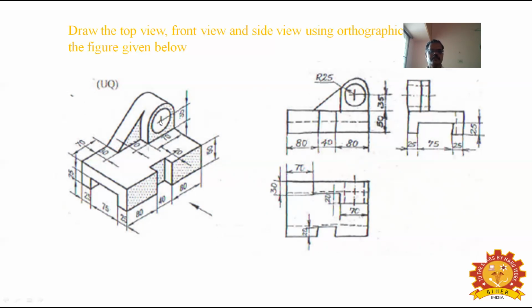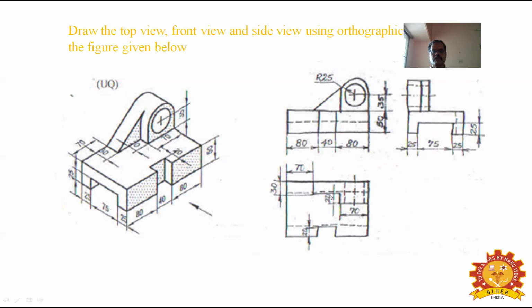Okay, but the inner circle is invisible. Therefore, you have to draw hidden lines in the top view. On the bottom side, the undercut is invisible when we look from the top. Therefore, from one side, we have to mark 25 and 25 on both sides. So the remaining portion is the undercut portion, 75 mm. That you have to show in hidden lines in the top view.